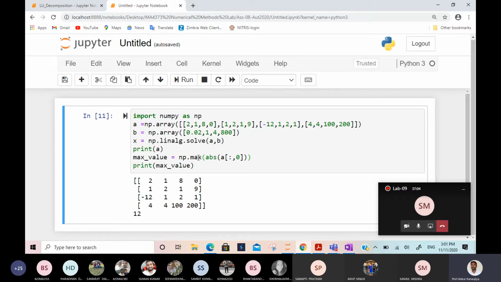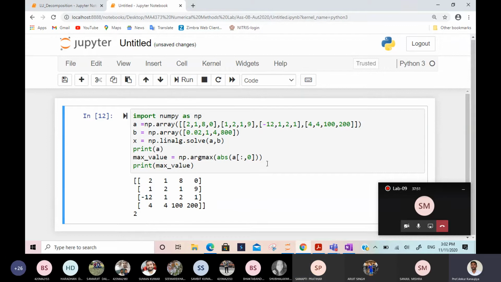So the maximum value we get by using max, but the point or the index where it will occur, if you write arg, it will give the entry. Or whatever he said, you write a loop and you can find it, both will give the same answer. So now can you tell me what will be the answer of this argmax, what it will give? It will give 2. That means it will give the entry where the maximum occurs. Like it will give the row, which row has the maximum. So row number 2. So we have to interchange row number 2 with row number 0.